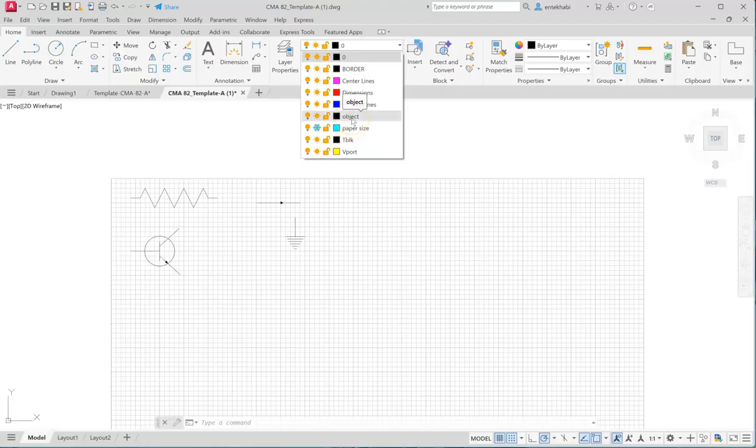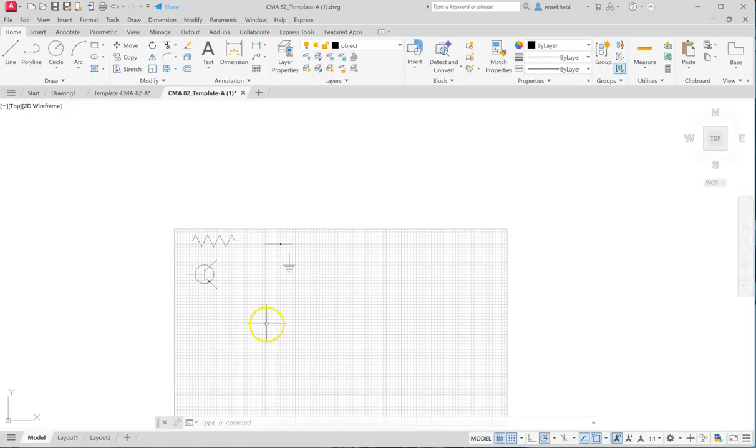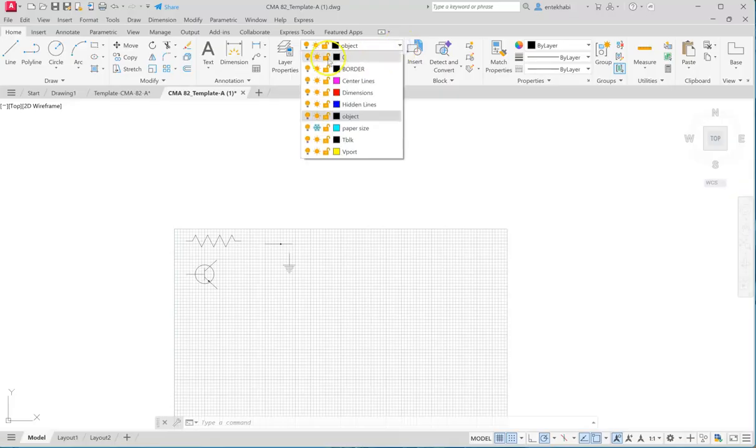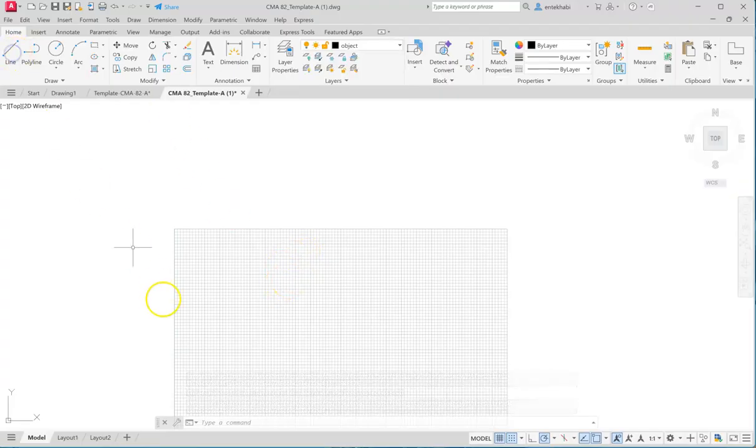I have made them both the same color, but you can notice that the line thickness is different. So in the object layer, I can start with freezing those by selecting the freeze button. Everything disappears from the screen, but it's still there. And then you can start with the line command.